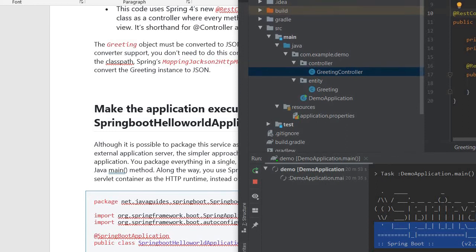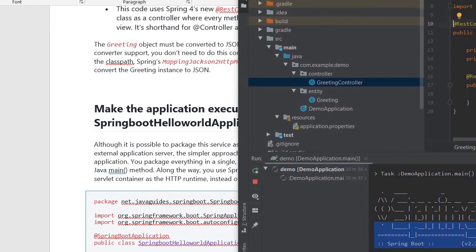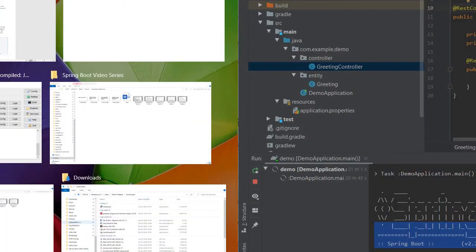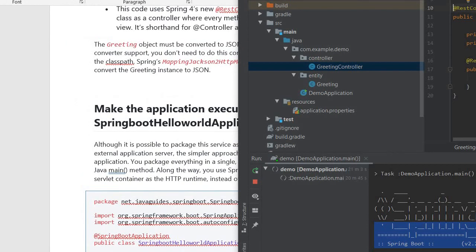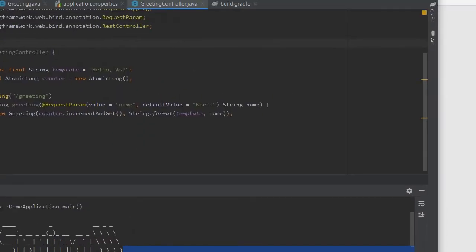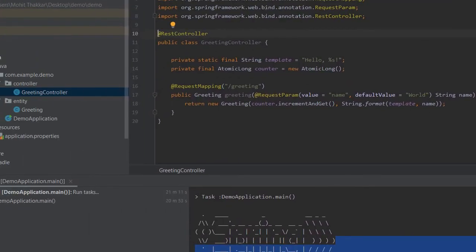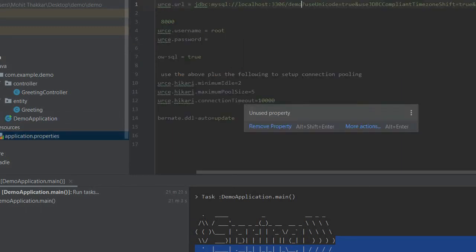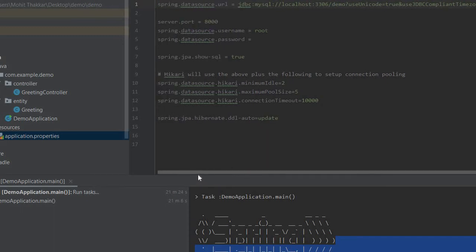Hello friends, as you can see, I have also created one Gradle project, so those who are working with Gradle can go with this. In this Gradle project, I have created one demo application, with a main class having the @SpringBootApplication annotation. My application.properties is for connecting to the database. I will come to the database portion in the next lectures.